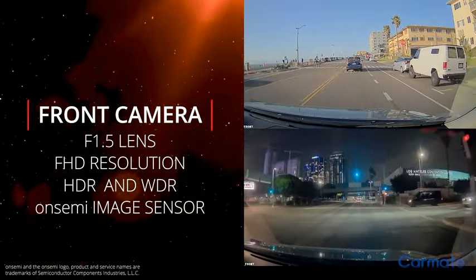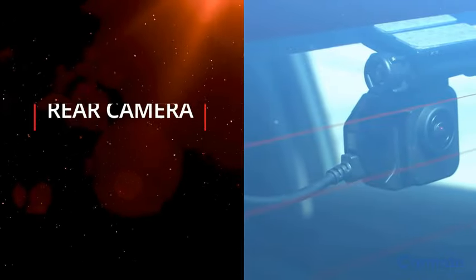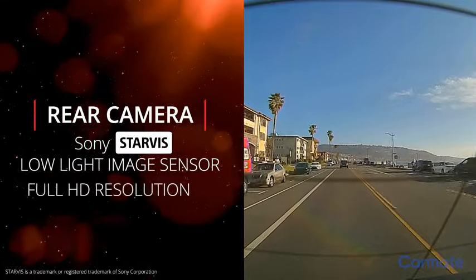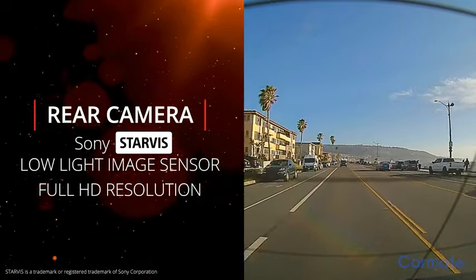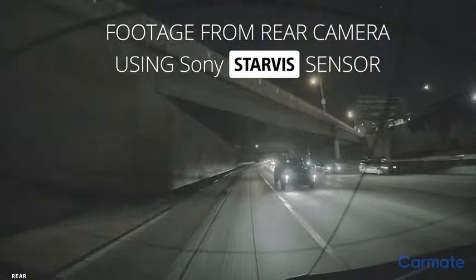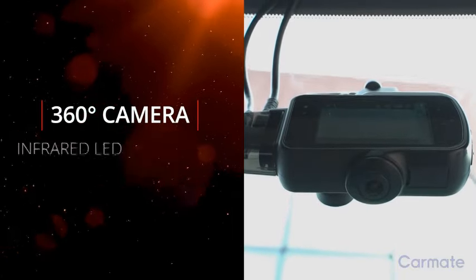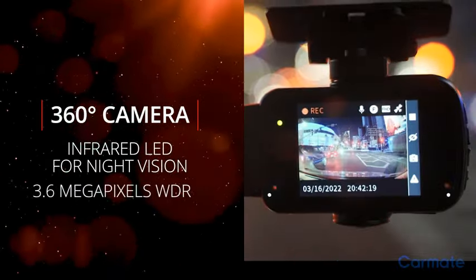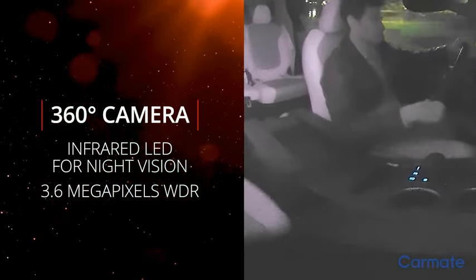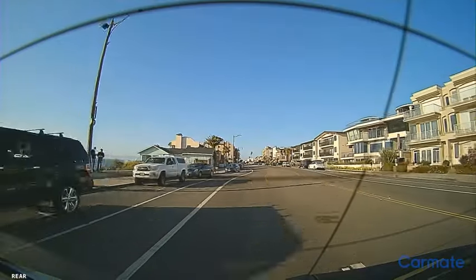The footage is clear and detailed, thanks to high-definition recording, ensuring every detail is captured accurately. Installation of the RAZO Dashcam DC4000 RAW is straightforward, and its user-friendly interface makes it easy to navigate settings and playback recordings. The built-in GPS not only logs your vehicle's location but also its speed, providing additional context to your recordings. The G-sensor is particularly useful for incident detection, as it ensures that all critical moments are automatically saved and